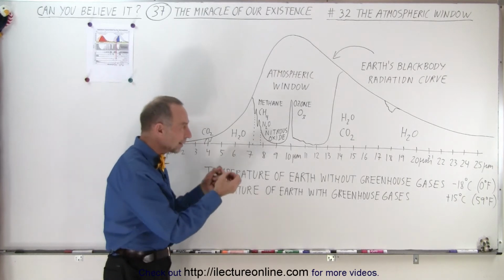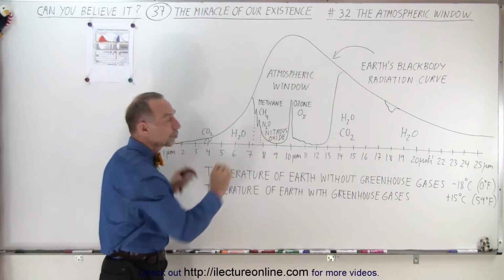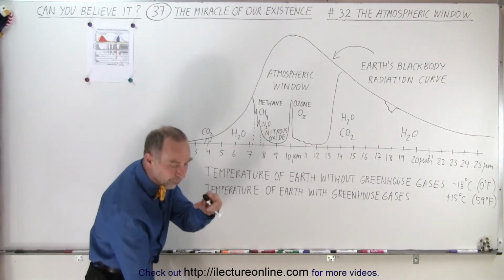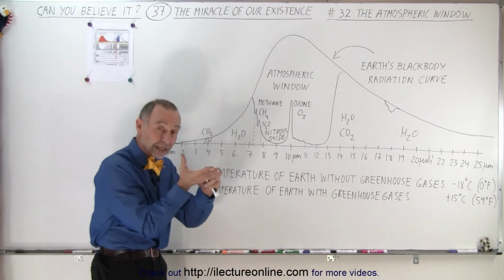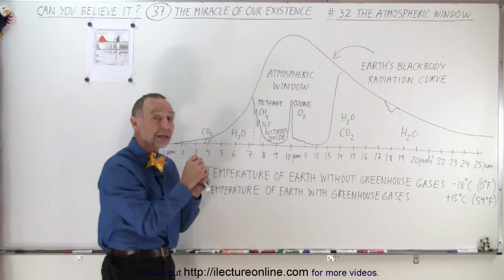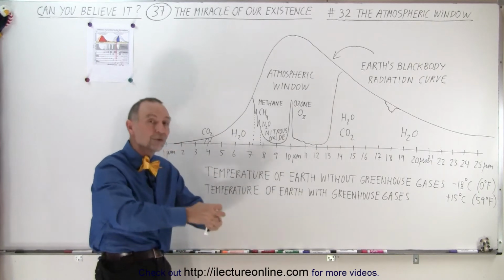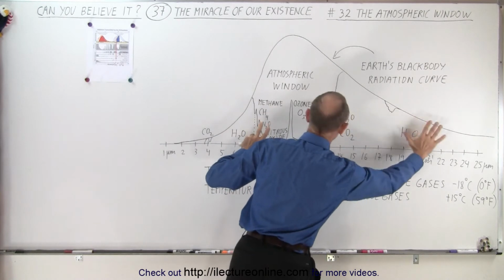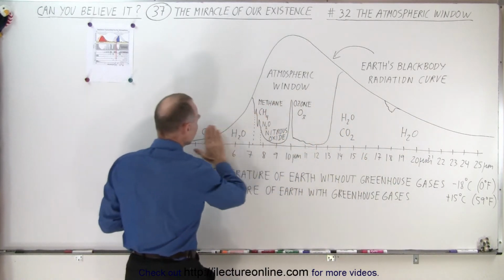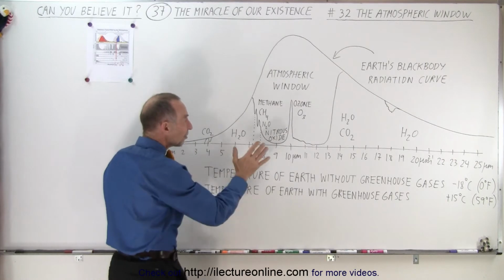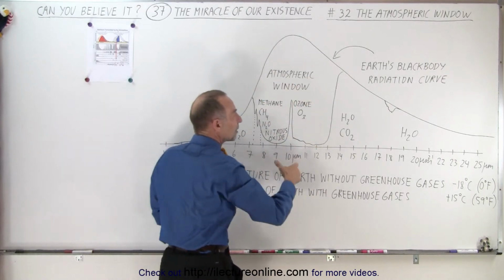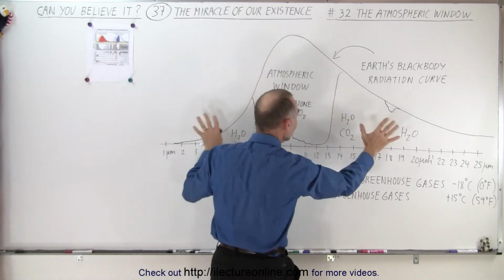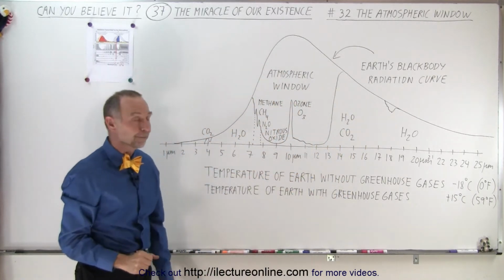Well, it turns out that the molecules of the various greenhouse gases are able to vibrate at specific frequencies. And so if the radiation leaving the Earth matches those frequencies that the molecules of those greenhouse gases can vibrate at, it will simply absorb that energy. And that's exactly what happens in these regions, this region right here, this region over here, and this region over here. The rest of it, the greenhouse gases are not capable of absorbing that energy, so that energy goes right back into space, and there seems to be a very nice balance between them.